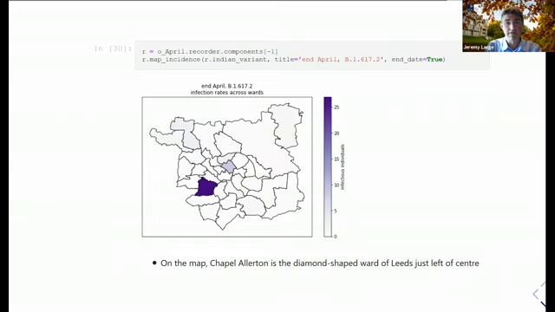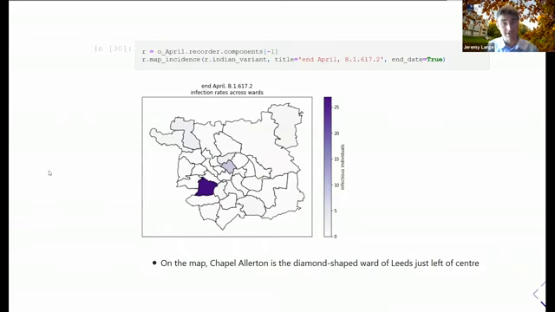And by the end of the month, well, first of all, let me just show you where the seeded ward was. You might recognize this as a map of Leeds, and in fact, we've already seen maps of this area today. This diamond shape here is the ward which I rather cruelly and quite capriciously picked on to seed the Indian variant into.